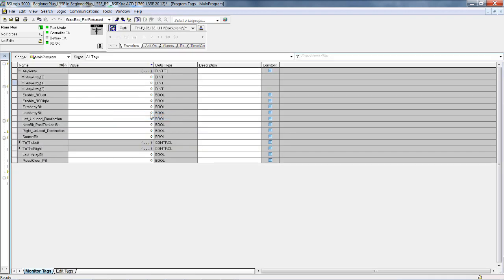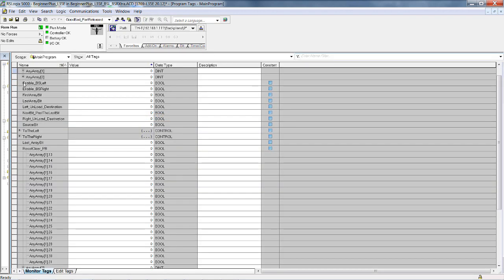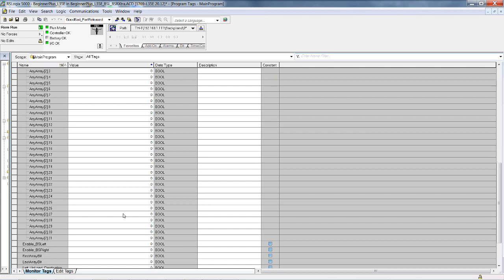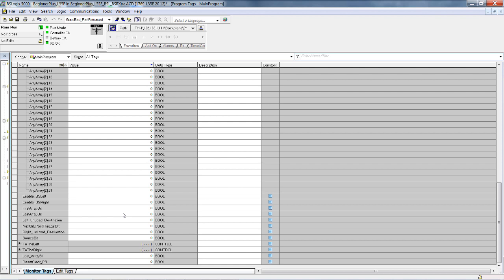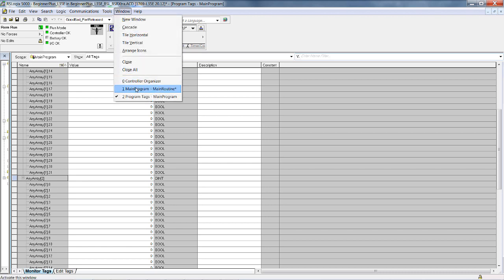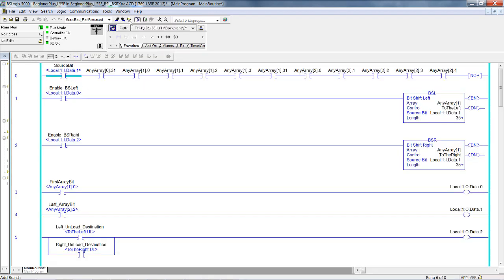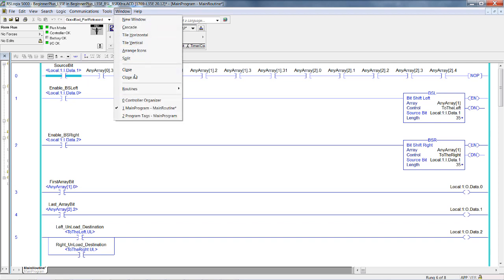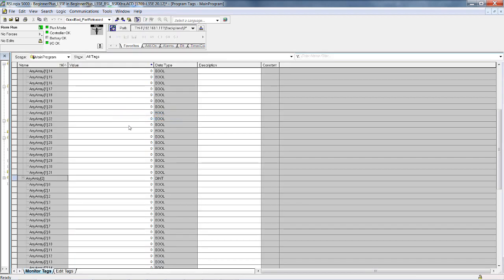Go back to here, program tags, and we have to drag this down, and we had it something like that, like 14 at the top. Where did the bit load when the on state? Put the source bit into the on state. You can't see that, but if we go back to the logic, the source bit is on, and then go back to program tags. With the source bit in the on state,